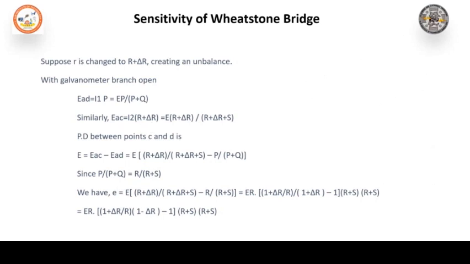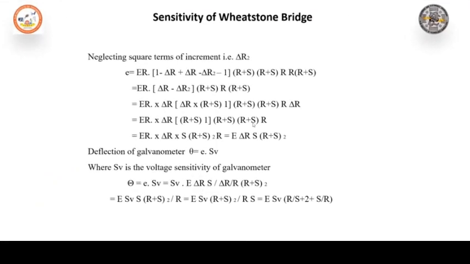when the resistance is changed by delta R, creating the unbalance, an EMF appears across the galvanometer. To obtain this EMF, we have to use Thevenin's method, that is, we have to remove the galvanometer branch and obtain the voltage across the open circuit terminals. That is how it is done here. So from the galvanometer, see how we are creating the unbalance and calculating the sensitivity of the